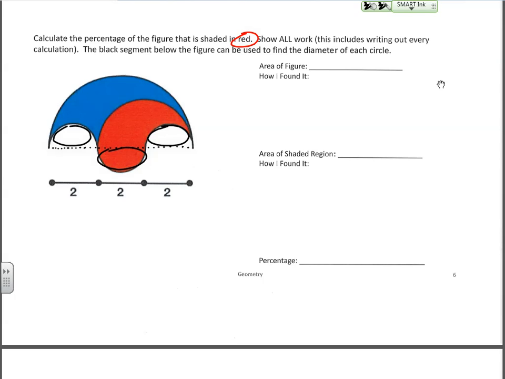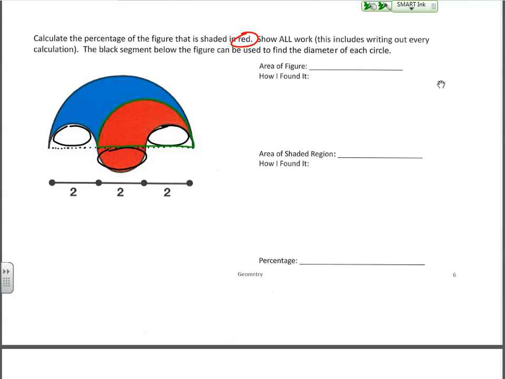But you can use those to find the different areas that you need here. It's kind of like a puzzle piece, how you use the different sections, what's part of the figure, what's not part of the figure. We have a circle here that is outlined in green. This one,